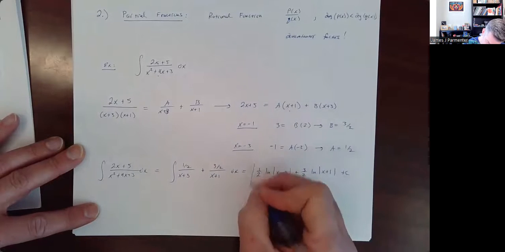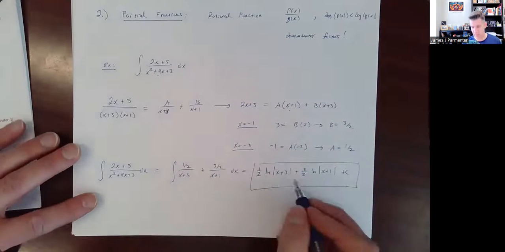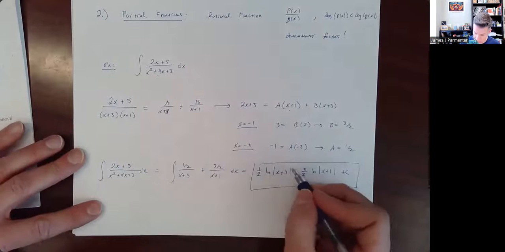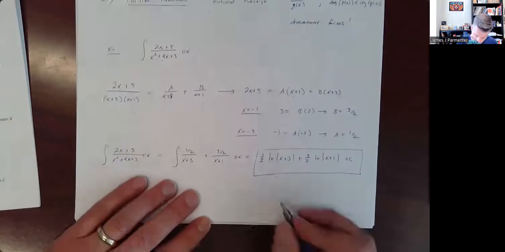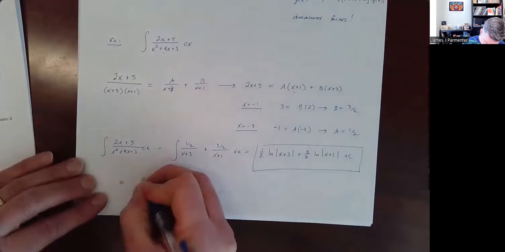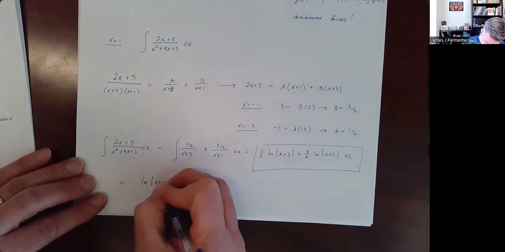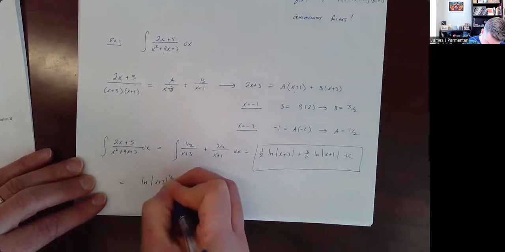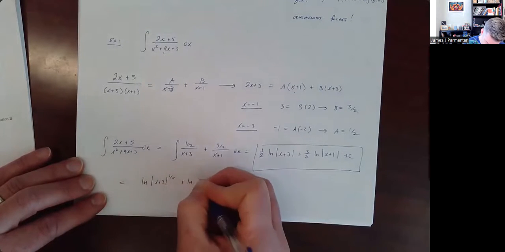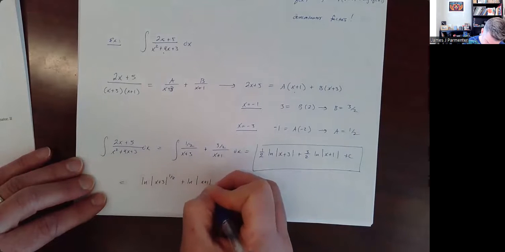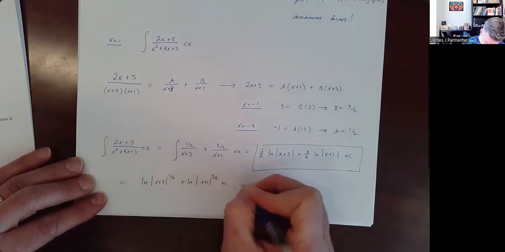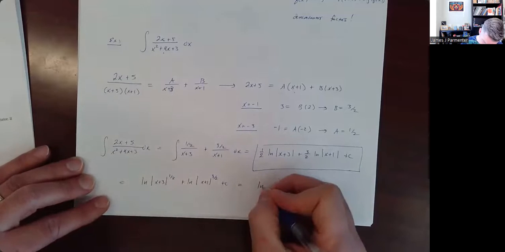Let's see. I would leave it like this. Sometimes textbooks do something funky and bring these up as powers and then combine the natural logs. So you could totally write this as the natural log of the absolute value of x plus 3, to the 1/2, plus the natural log of the absolute value of x plus 1, to the 3/2, plus c, and then combine those as the natural log of